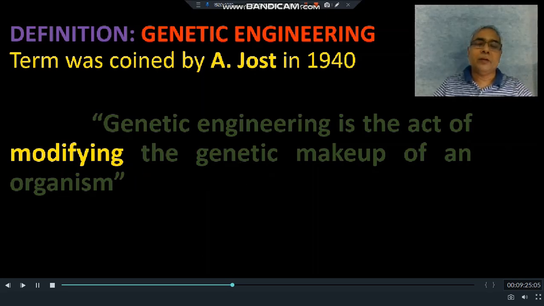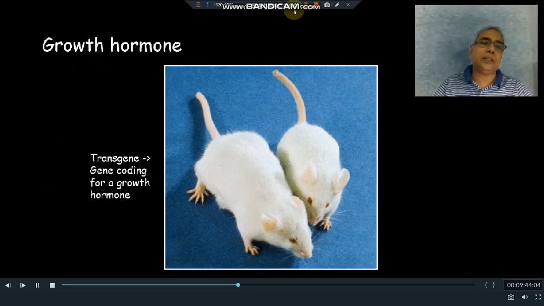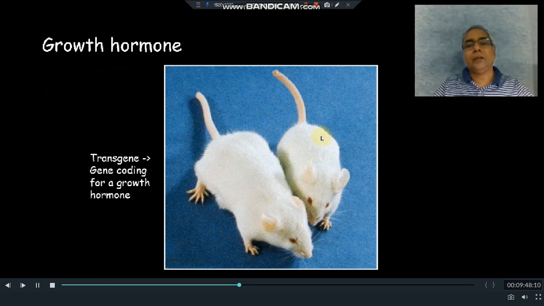Means हमारे पास अब इतनी इंफॉर्मेशन हो चुकी है कि now we can change the genes of an organism according to our need and modify the organism as a whole. For example, you can easily understand by seeing this picture. Here you are seeing